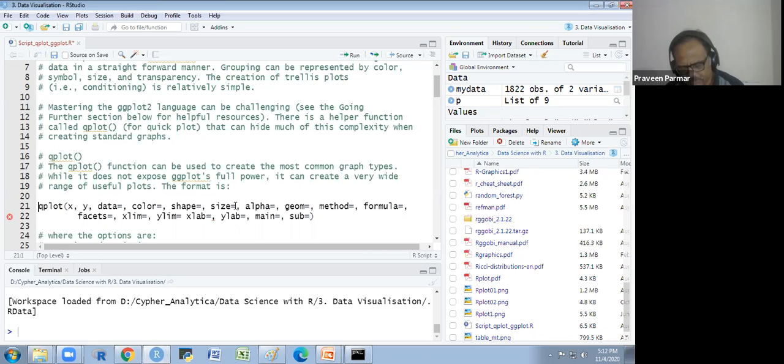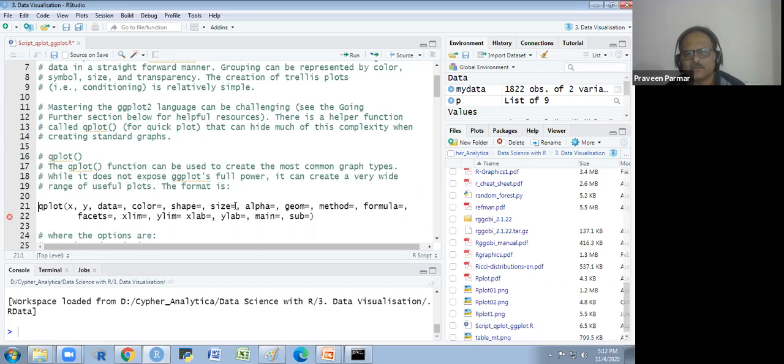Method is sometimes required in some plots like linear regression, and a formula also. Facets I will explain in one graph; we are making multiple graphs in one, so that is the facets. And xlim and ylim if we require extra. X label, y label, we know that. Main we know that. Sub we know that.